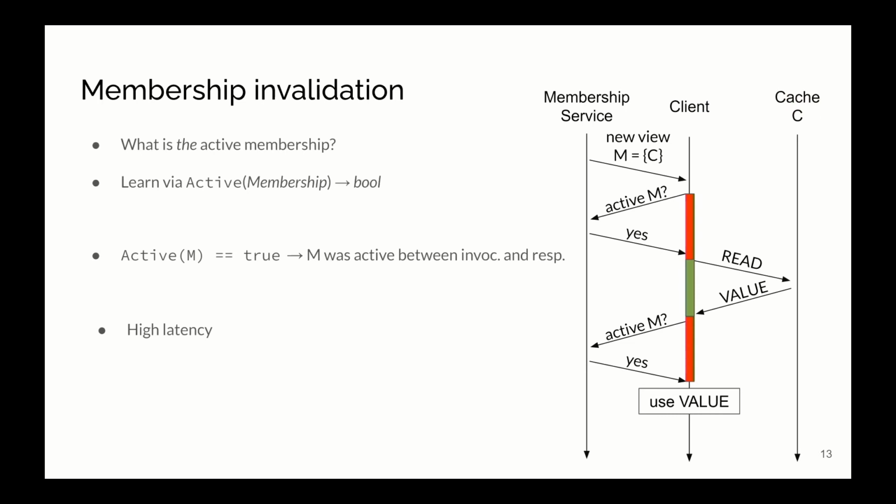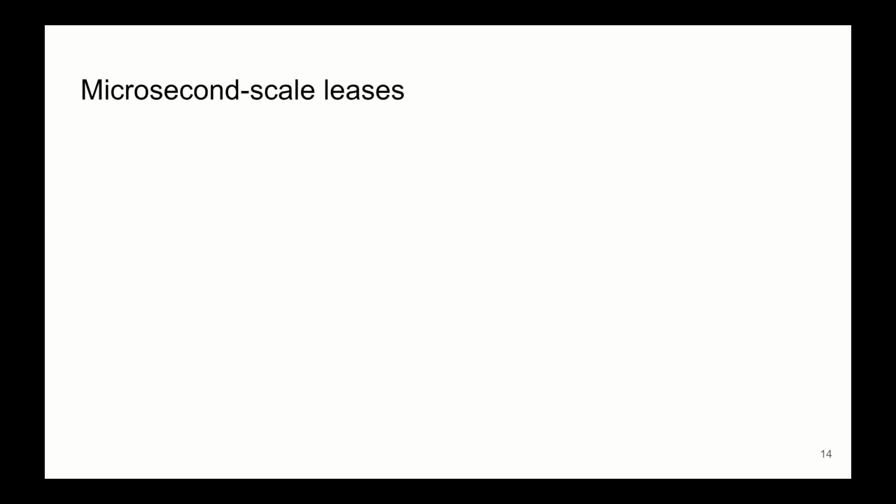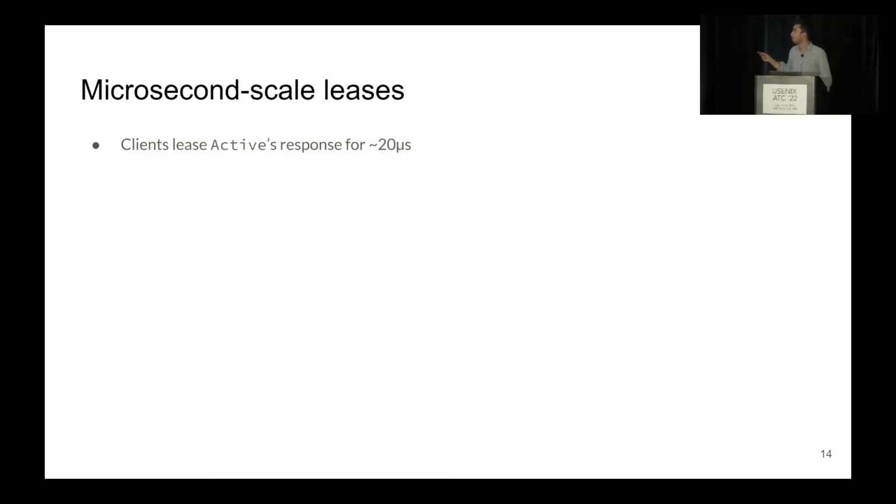The problem with this approach is that it has super high latency, as you can see. In this example, we just tripled the latency of our service. So how could we preserve the semantics of this active call, but make sure that it has as low overhead as possible? And our answer is to use leases. And moreover, what we want is that those leases should be as small as possible, because the longer leases are in the distributed system, the longer it's going to take to move on to the next configuration. So if we can get leases to work at a microsecond scale, then that's great. And that's what we do.